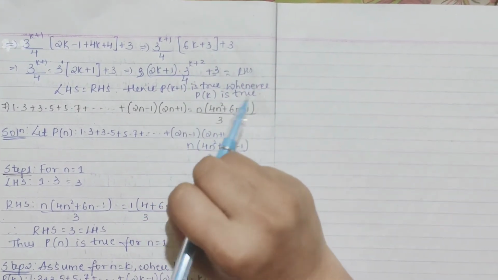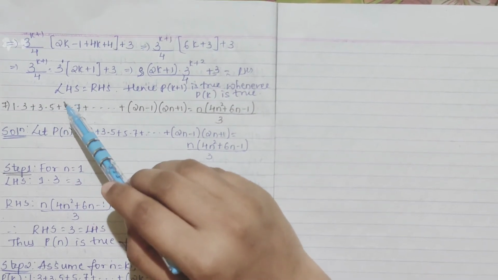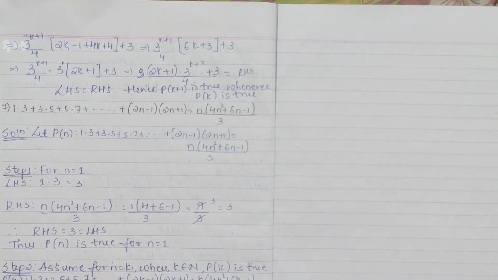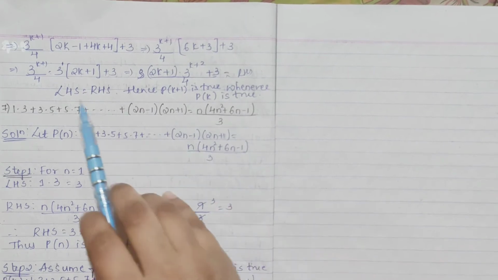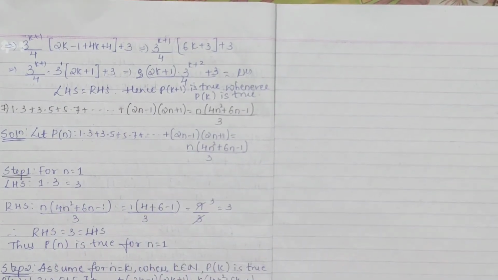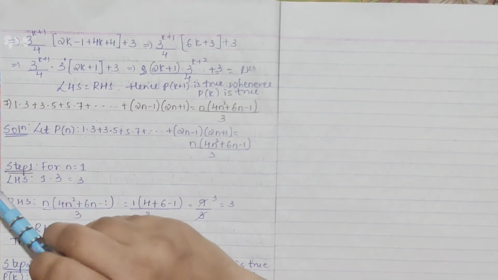Since p of k plus 1 is true whenever p of k is true, then write one more sentence, your last sentence: by the principle of mathematical induction, p of n is true for all n belonging to the natural numbers, right? Write that step. Don't forget, because here I don't have space, so I have not written it, but that is the most important line, okay? Take down your next question, the 7th one.